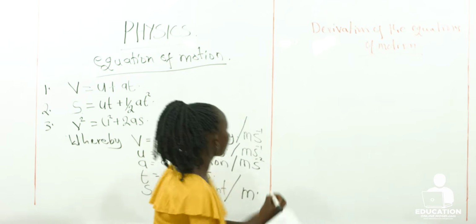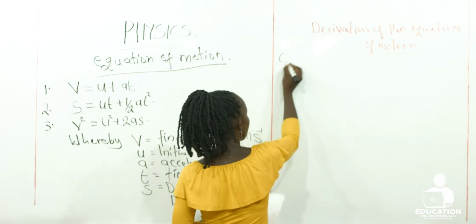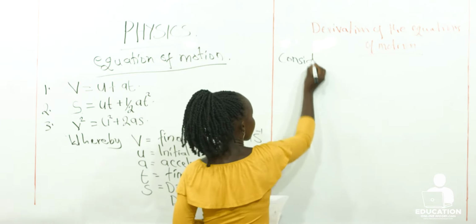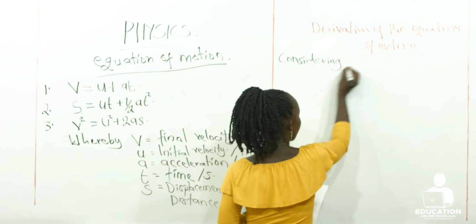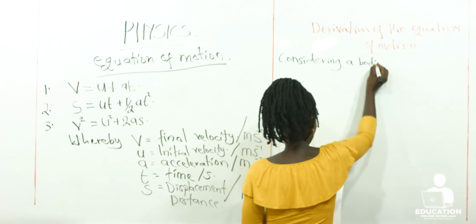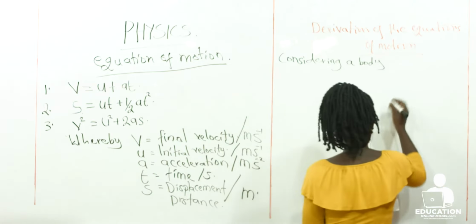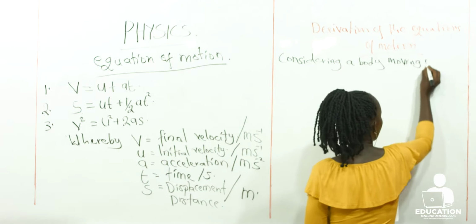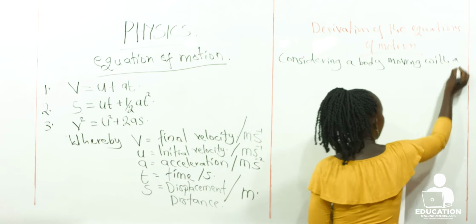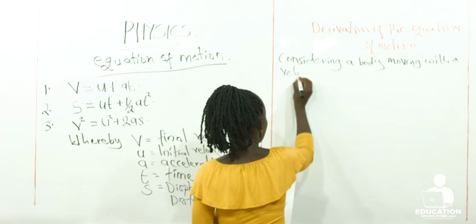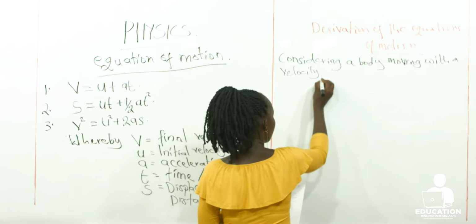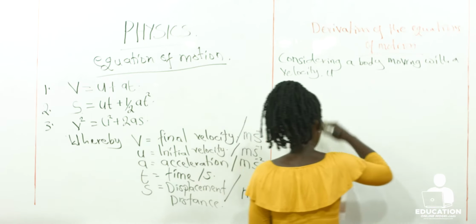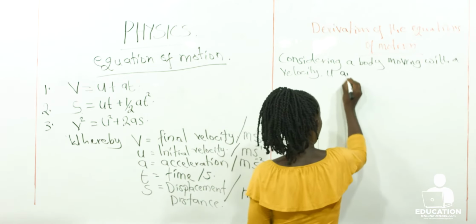So let us have it here in written form. We are considering a body moving with a velocity u